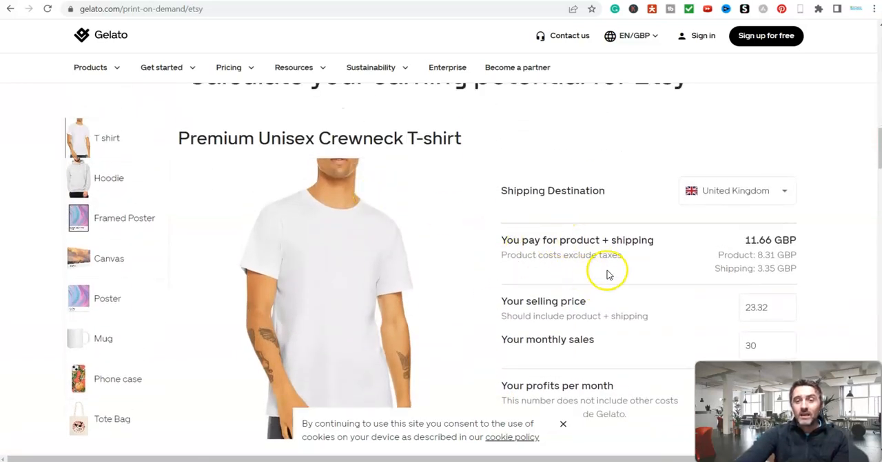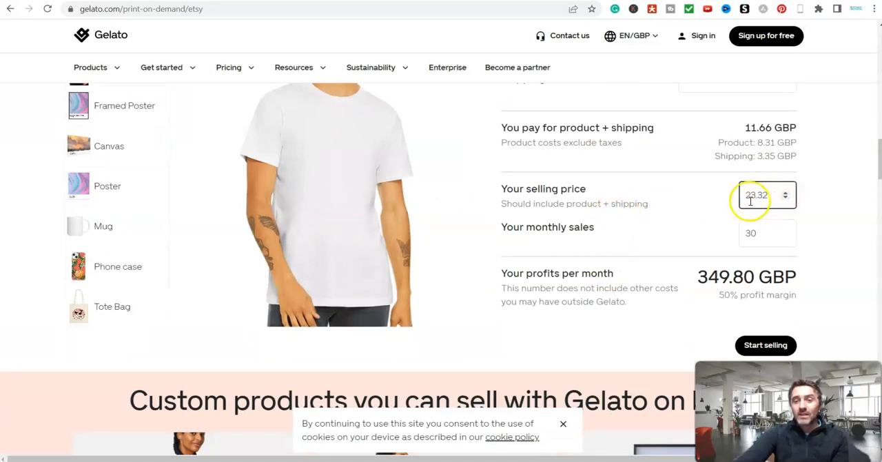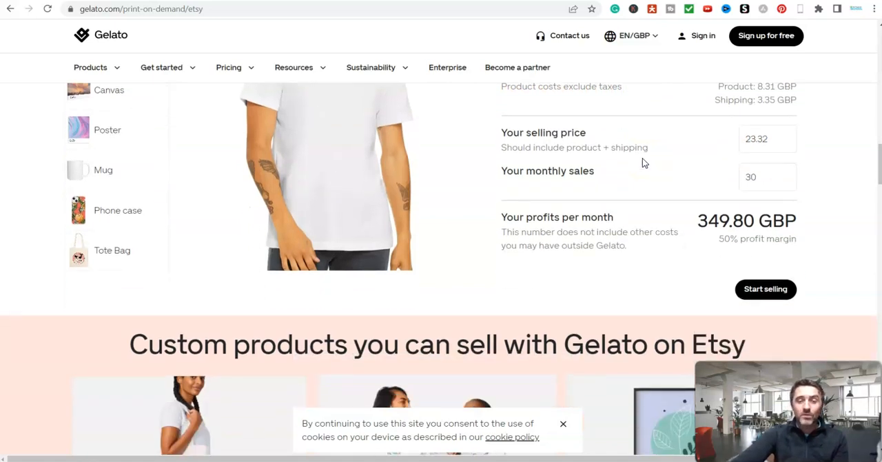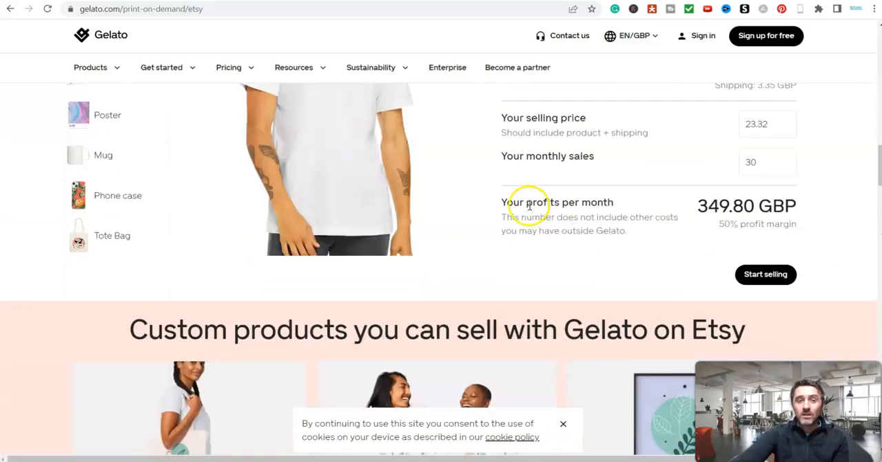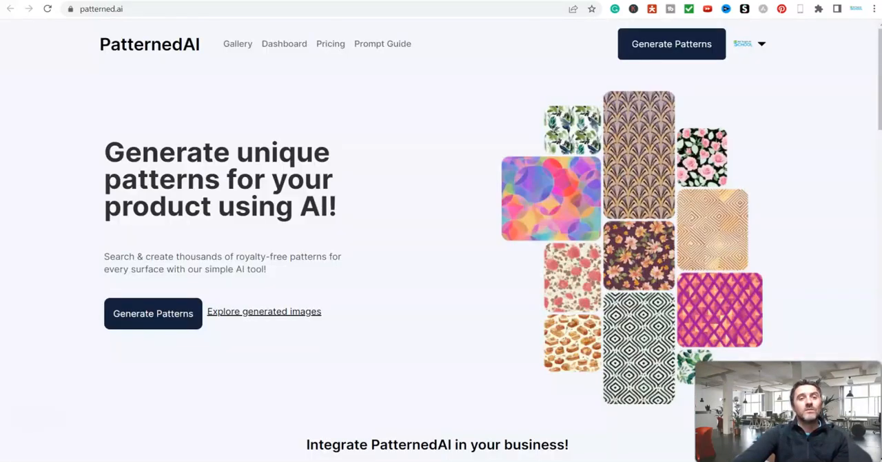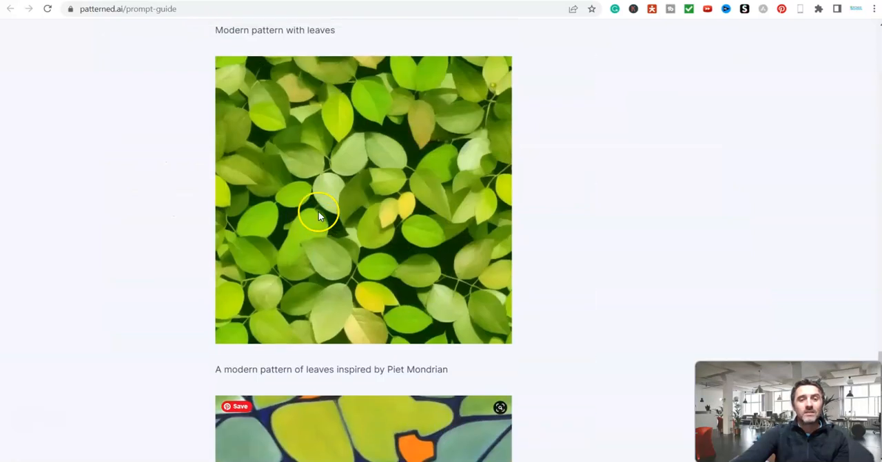And then again here, it shows you your selling price. And then obviously, you pay for the product and the shipping, but you don't pay for that up front. You only pay for that once the customer has bought the product. It's insane, isn't it? So, starting out with one pattern, something like this, or any of these patterns here, or